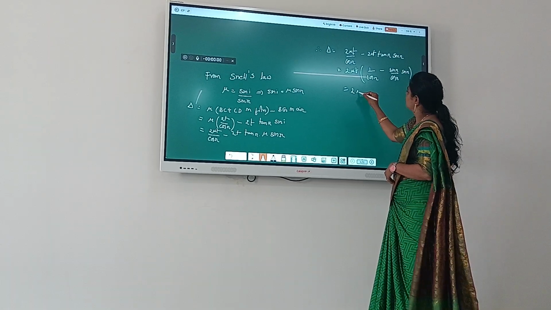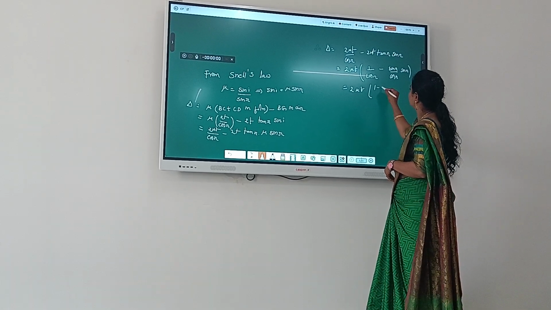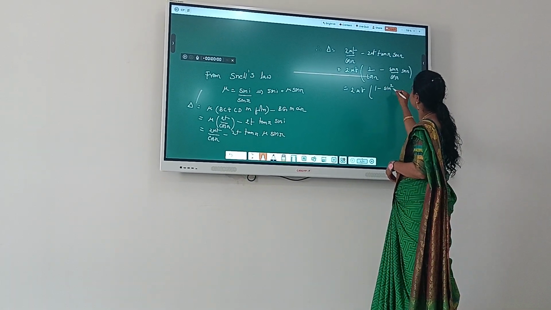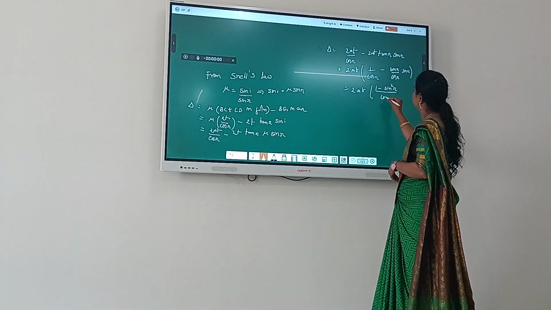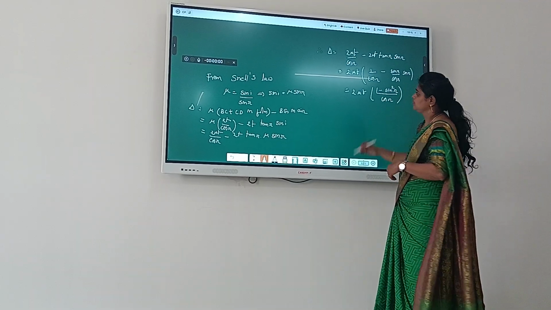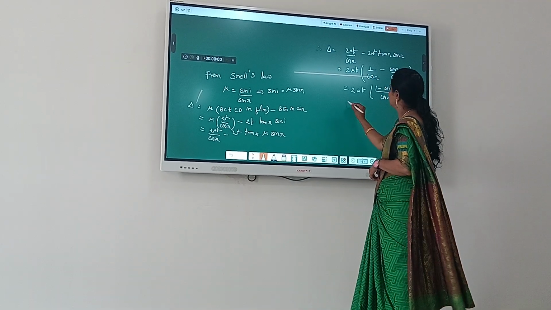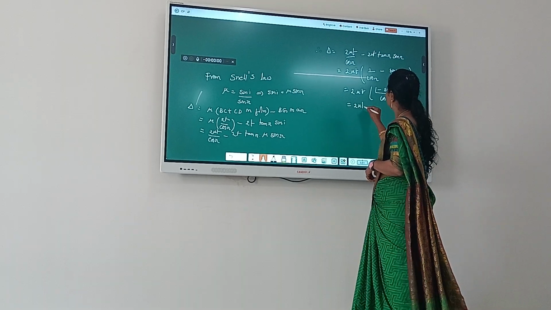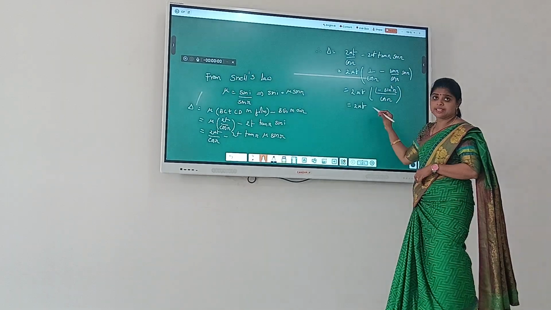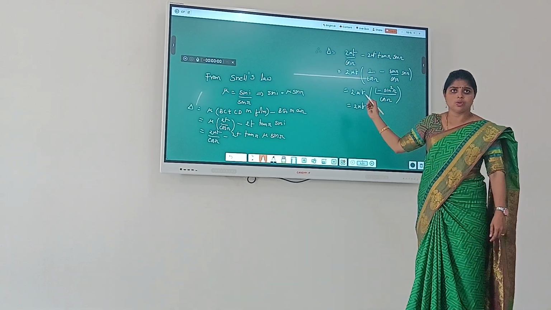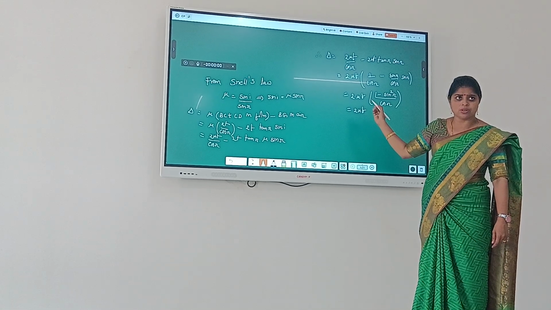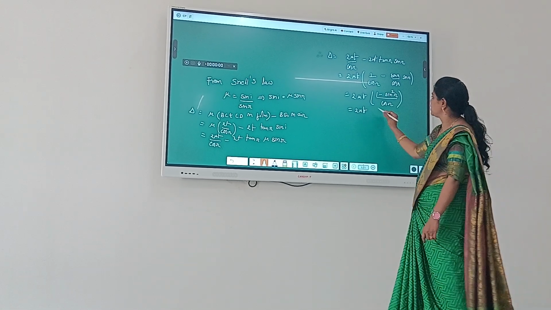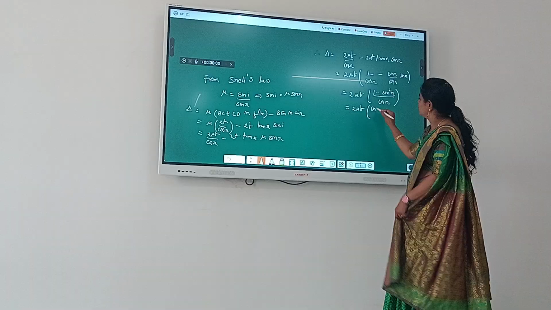That equals 2 mu T (1 minus sin square R) by cos R. We know sin square theta plus cos square theta equals 1, so cos square theta equals 1 minus sin square theta. So 2 mu T into cos square